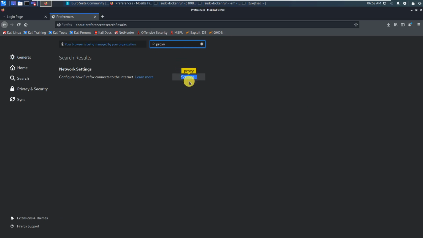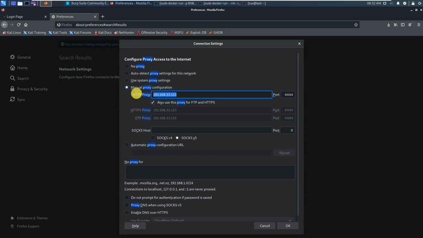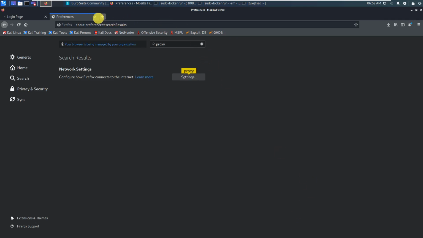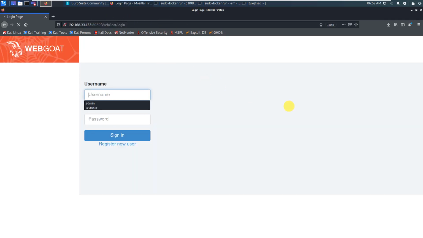Let me just repeat. Use the actual IP instead of localhost, because I'm not sure what actually happened, but based on my experience, when I tried to use the localhost, it appears that the proxy was not able to capture the HTTP GET. Okay,